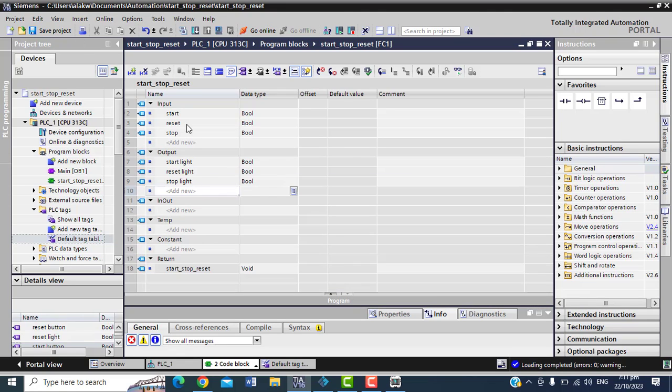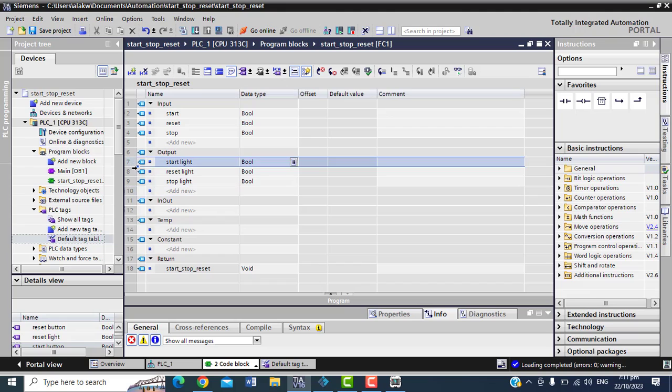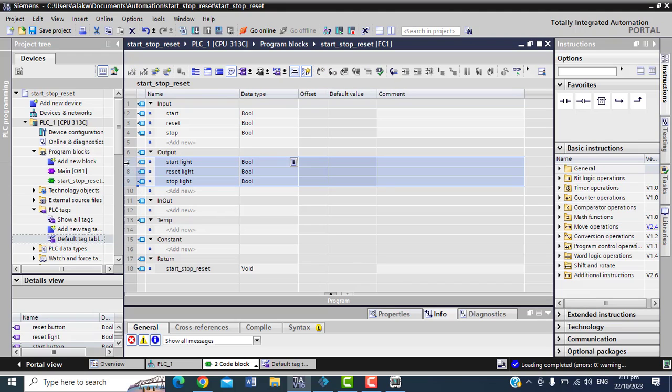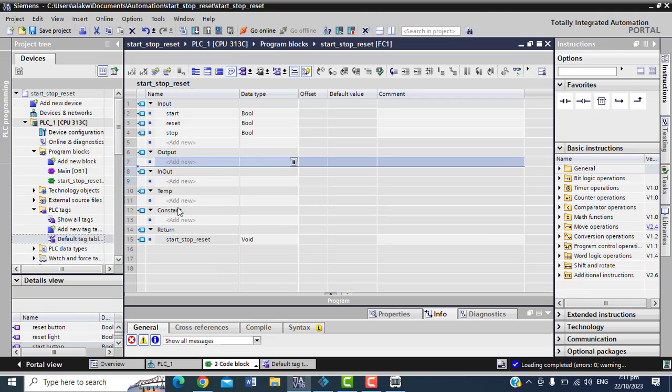So now let me show you something here before. I don't know if you still remember when I said I would show you something here. So actually I feel like cutting all these things and putting them inside in and out. Right? So what I will do now is cut all these things, in case you don't like the warning sign, and then I will put them in in out.